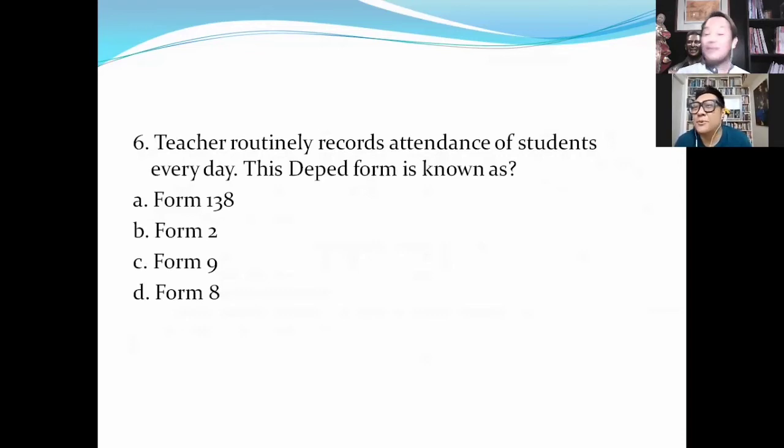Sir, pwede ko manghula? Sige. Hulaan ko, sir. Pwede. Kasi 50-50 ka na. Remember, pag dalawa na lang natira, 50-50 ka na. Sa palagay mo, Edward, ano dyan ang attendance? Thank you, sir. Kasi, sir, talagang hindi ko alam to kasi first job ko is UST agad. So, talagang never ako nagturo sa DepEd. Form 2? Very good. Form 2 ba, sir?